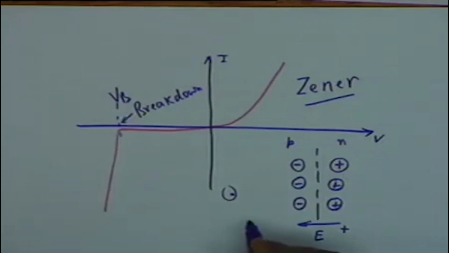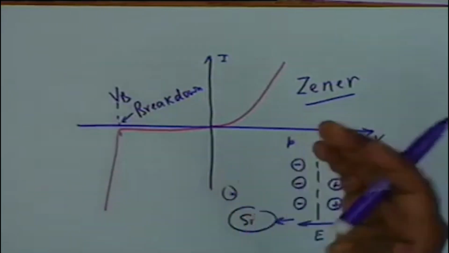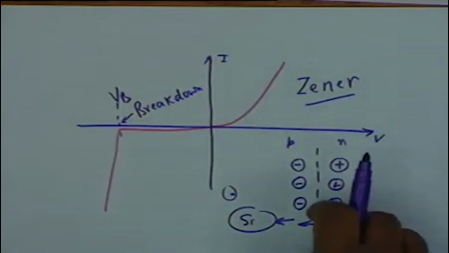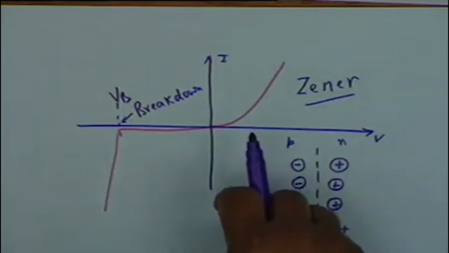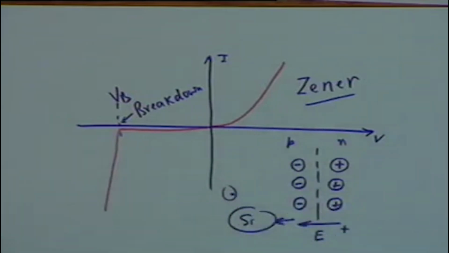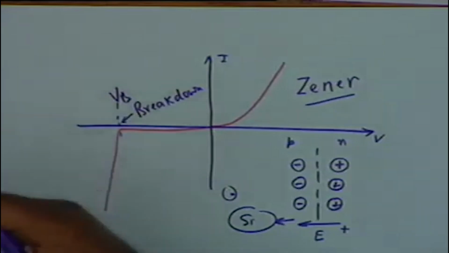There is a neutral silicon atom here, and this hole collides with it. In a collision there is a sharing of energy, and if this hole gives some of its energy to the silicon atom, at 1.1 electron volt it might set an electron free. So this occurs due to collision,